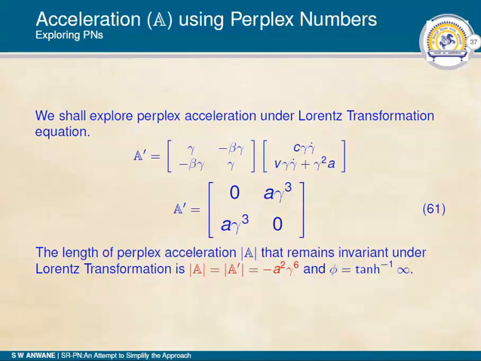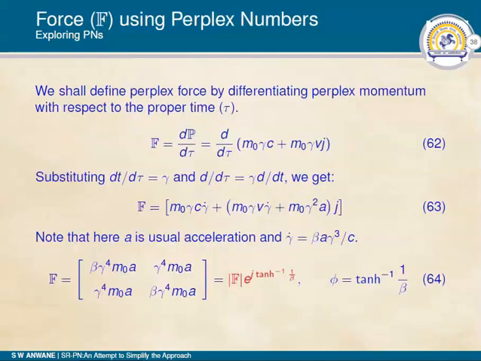In fact, if you find the mod of A dash, it is simply minus a square gamma to the power 6. Again here we encounter a negative length of the perplex number, and the angle phi blows up by the function tan h inverse of infinity, because when we consider y upon x, we have to consider a gamma cube upon 0. Now friends, we are in a position to define force using perplex numbers in special relativity,